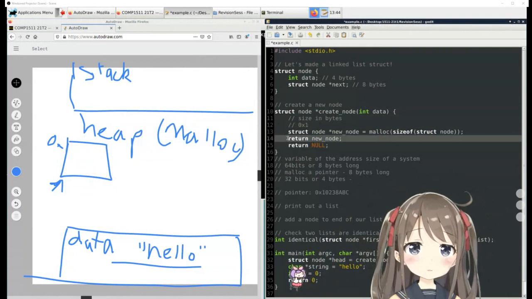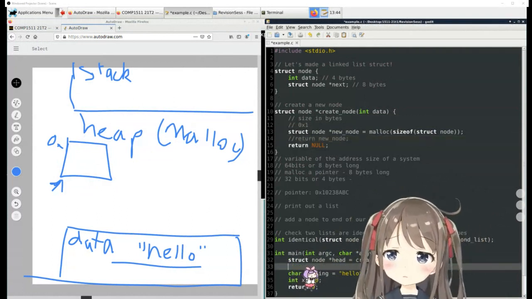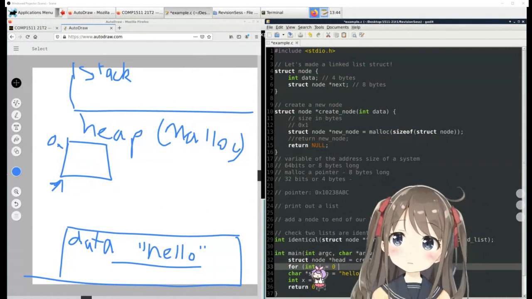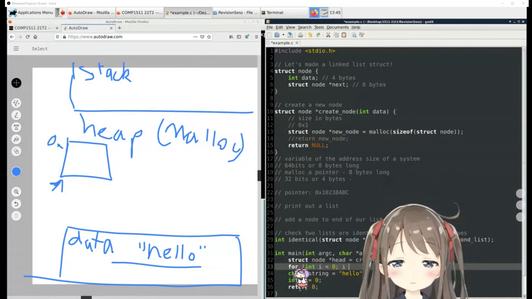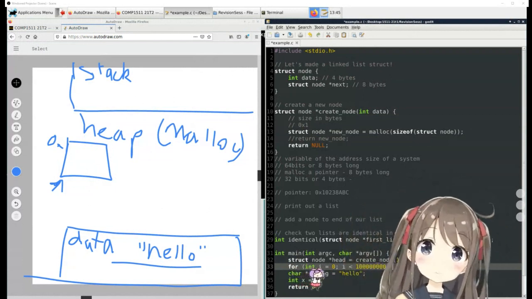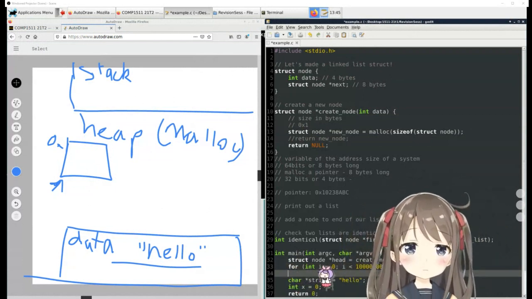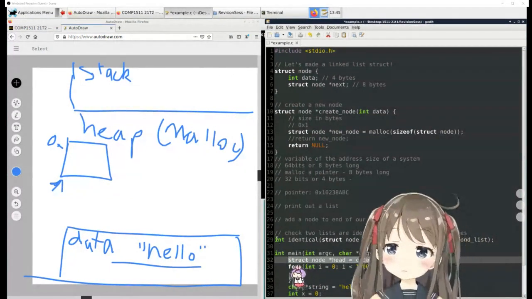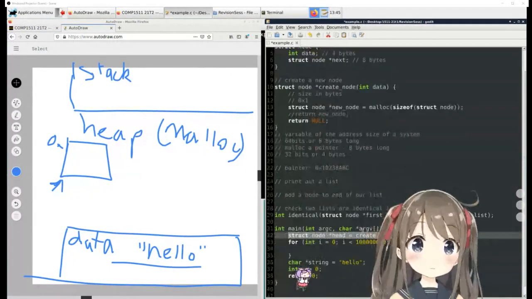Let's just forget to return this, and we just say for int i equals 0, i is less than 1 million, or heck, go even bigger, i plus plus. So when we do this, and we create a node,